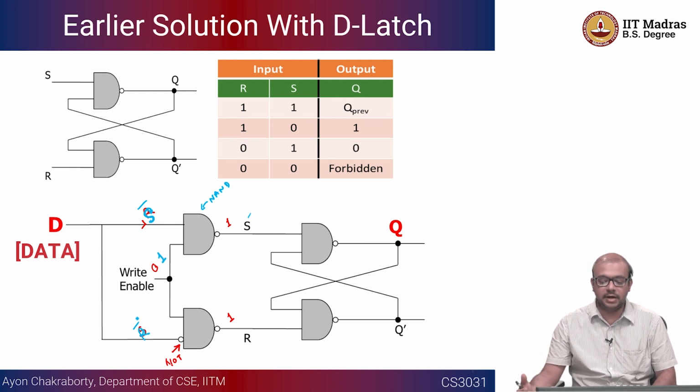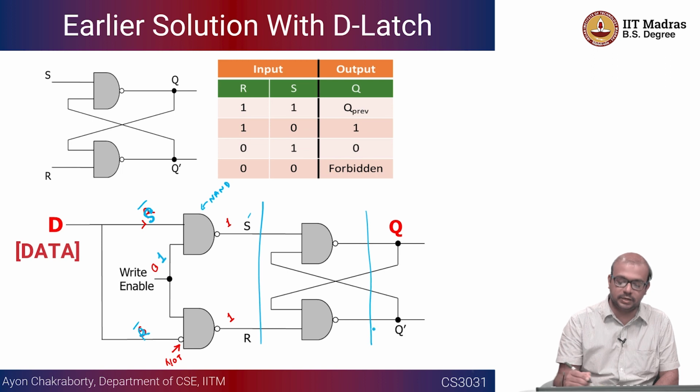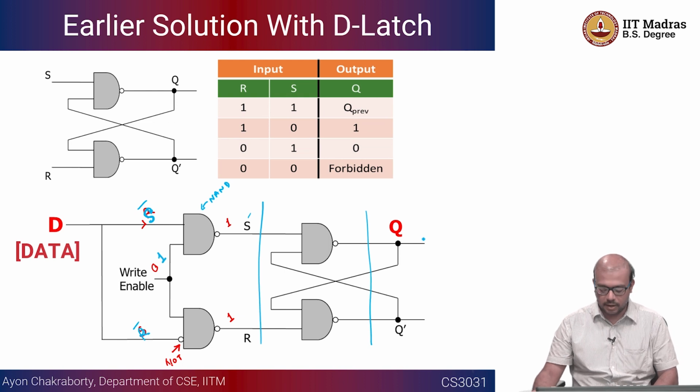You need to understand that if both of the inputs in this particular part of the circuit are 0 and 0, that is disallowed. But if you have 1 and 0 or 0 and 1, it is going to set or reset Q accordingly. This is the thing that you need to know. The rest of the things you can work out depending on what kind of circuit is given to you. Okay, and the solution to that, as you now saw, was the D latch,